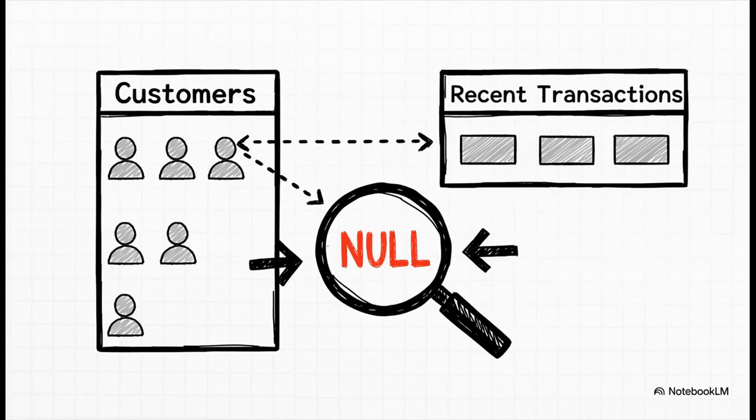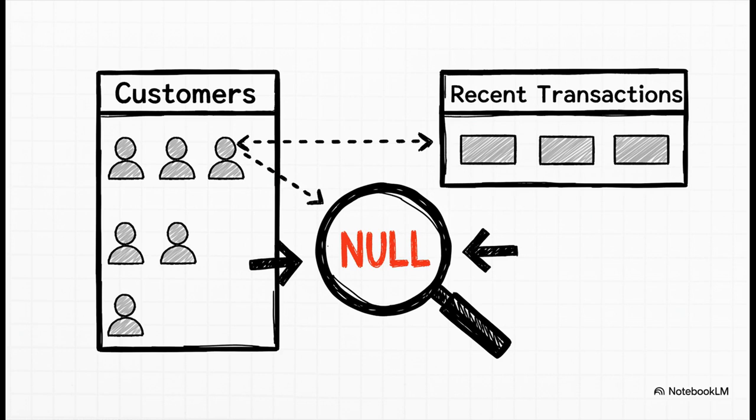And here's how we pull off that strategy with code. Remember our old friend, the LEFT JOIN? We use it here. We take our main customers table and left join it to only recent transactions. Now, think about it. For an active customer, the join will find a match. But for a churned customer, someone with no recent activity, that join is going to come up empty. The transaction fields will be null. And that's our signal. We just filter for where the transaction ID is null, and boom, there's your list of